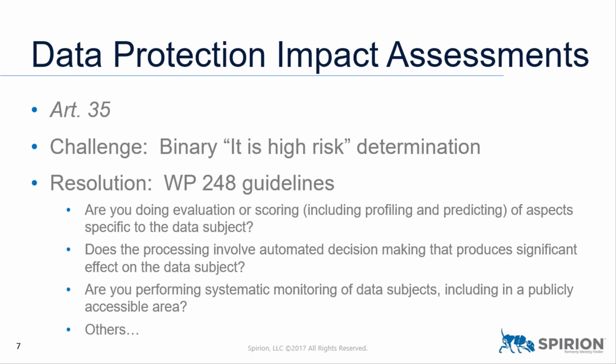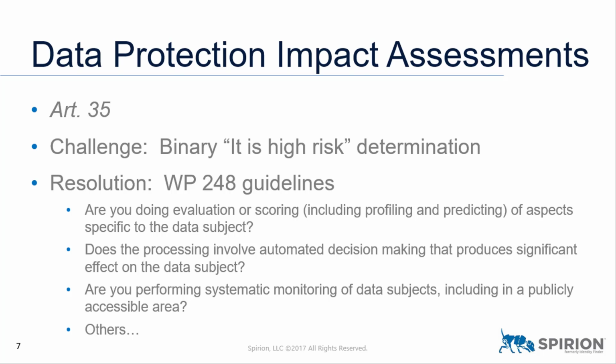But again, suppose that it's a medium risk. There's really no criteria for that, and you should be able to do a lower or simpler DPIA for medium risk items. So not thrilled with how they did it, but they did it, and this is what we have to work with. So as a practical matter, looking at the WP 248 guidelines and saying, okay, if there's two different qualities here or elements that are satisfied, in theory, it's high risk, but you really have to ask yourself, in many cases,